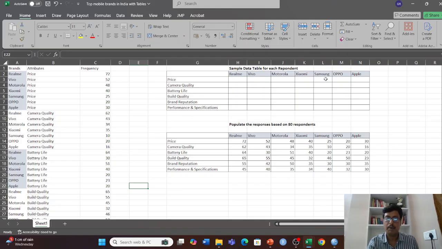So this is the sample blank form. You can see this is a sample form I am going to distribute among my respondents. My respondents will respond based on their preference. Like for price, I will tick only Realme and Motorola. For camera quality, I can tick all seven brands. So it is up to the respondent whether to tick one brand or multiple brands against particular attributes. So when I distribute this among the 80 respondents, then I collect the response sheet, and then